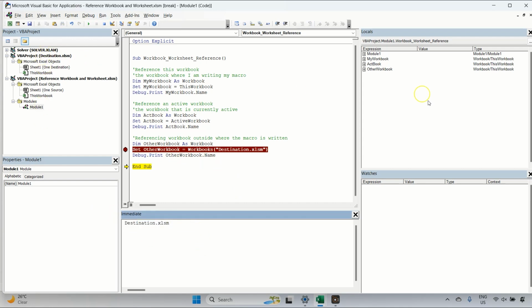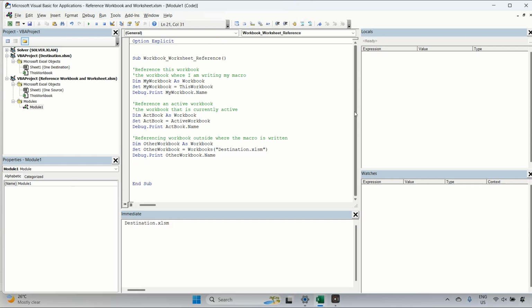Okay, but you have to make sure when you reference the workbook outside where the macro is written, that workbook has to be open on the background. Okay, keep that in mind. Okay, so now let us reference